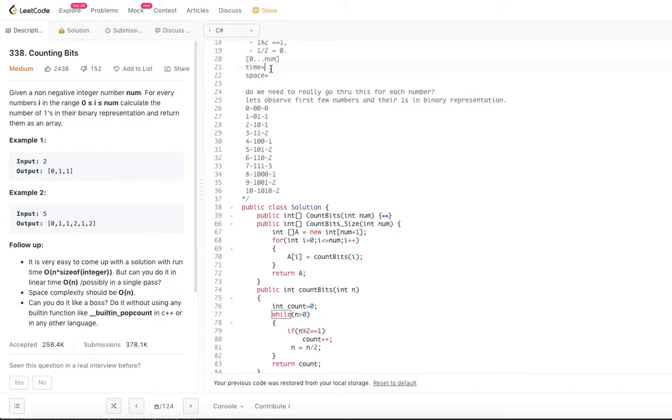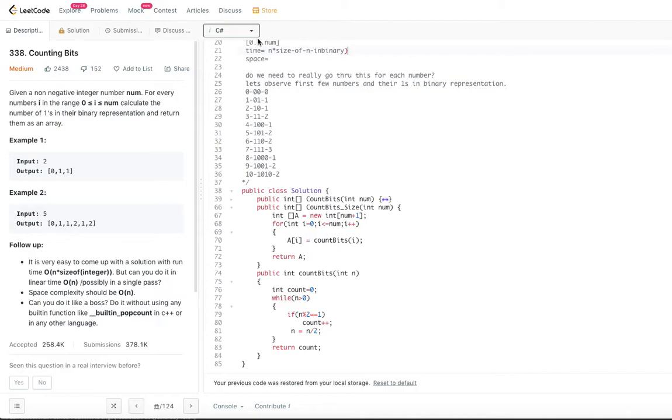So that means n into the size of n in binary. That's our time complexity. The size of n in binary we don't know yet, so that's why we kept it as it is.